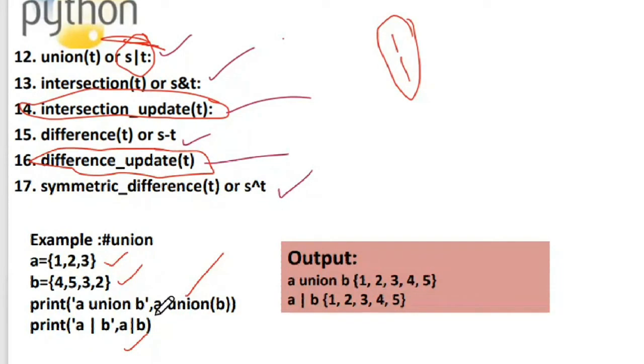Just look for the syntax, girls. I am saying A dot union B. I can also say B dot union A. Both are same. So I have used that. And what happened? It is taking the union, all the elements from set A and also B, eliminating duplicates. So the duplicates are eliminated.